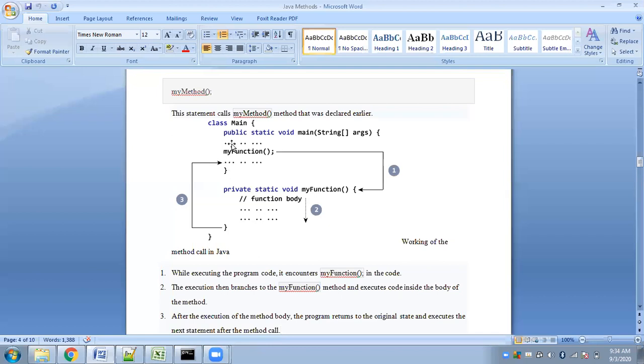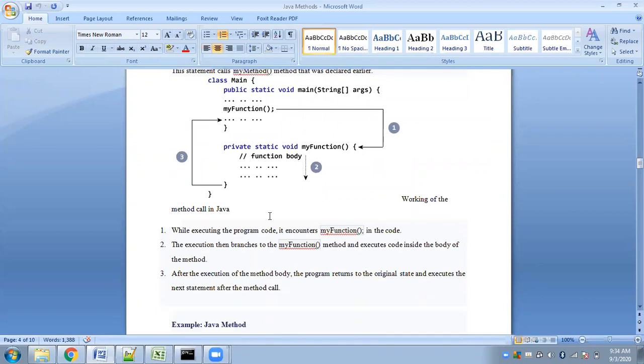Fine, because it was the main function who called this method. And again, once the function terminates, the control will go back to the main function. And then it will start executing the next lines in the main function. So this is how you will be writing your programs. Okay, next,